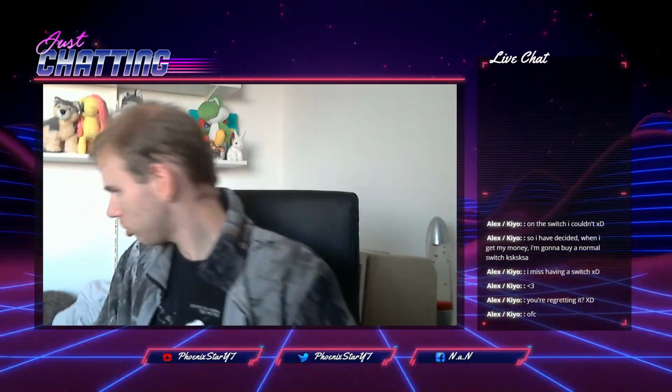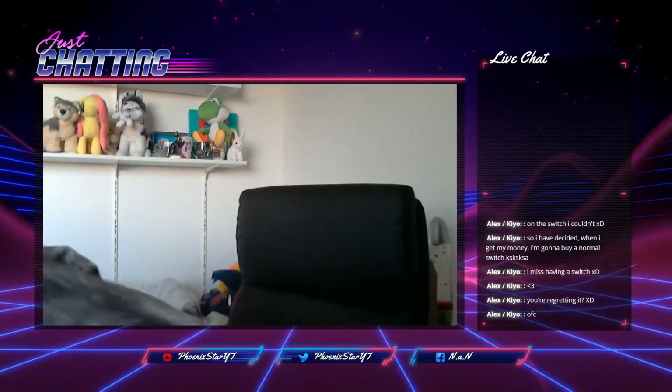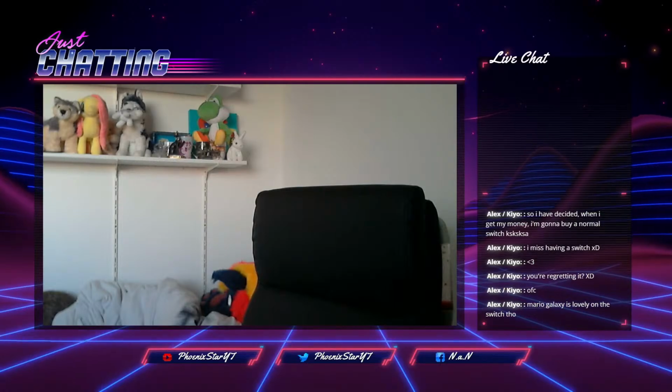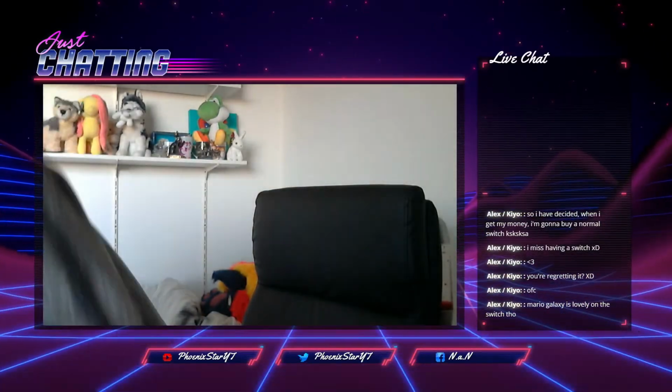Mario Galaxy is one of the things that I'm very curious about how it's going to be played on here, because with Mario Galaxy you really had to use the Wiimote to... I don't really have a Wiimote on hand right now. Actually, I do have one. I mean, this one is completely broken because it's corroded, but it is still a Wiimote.